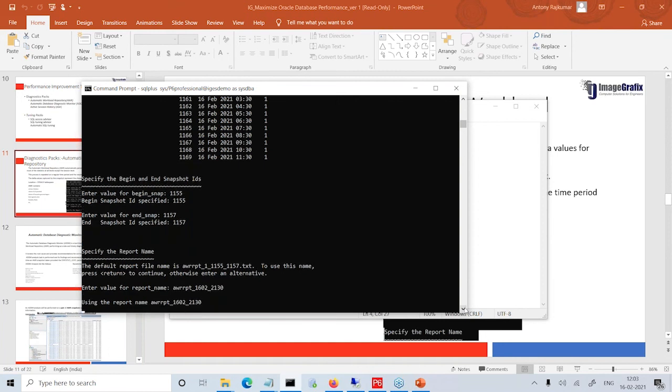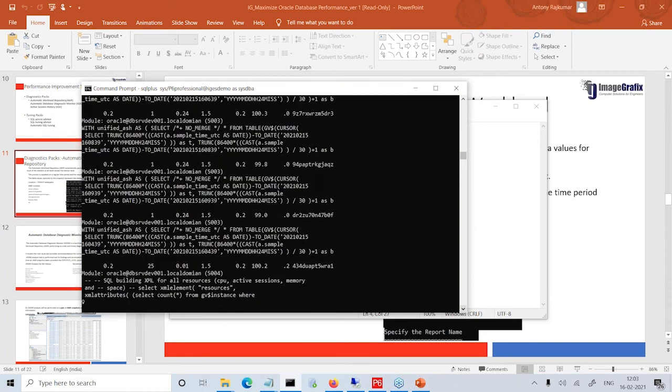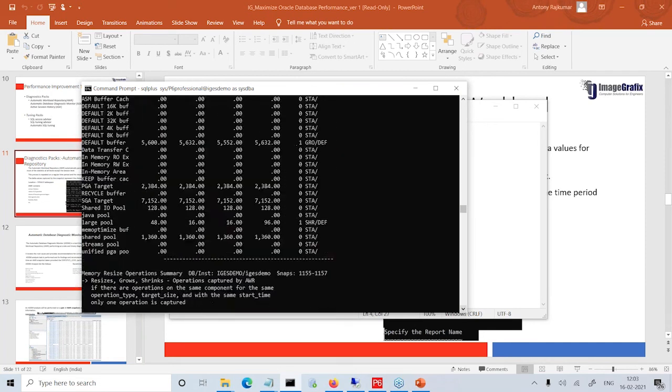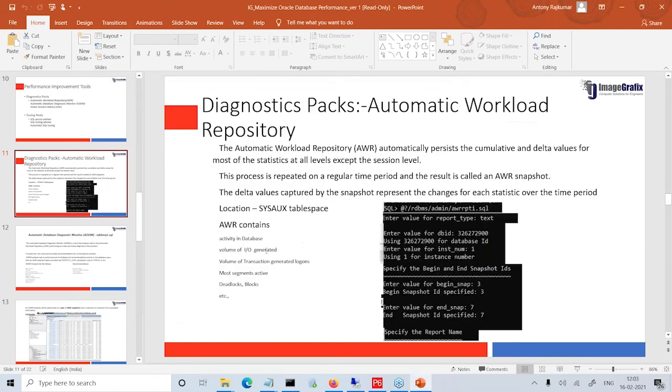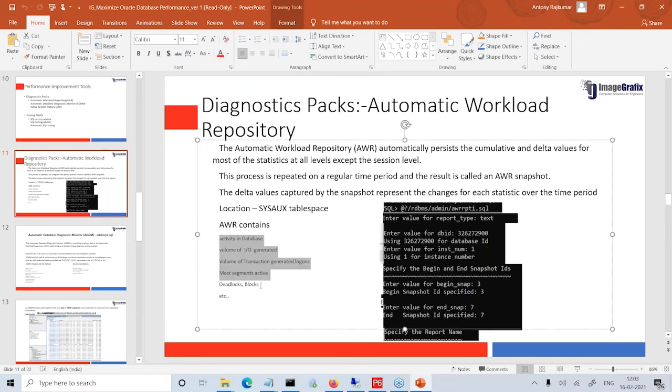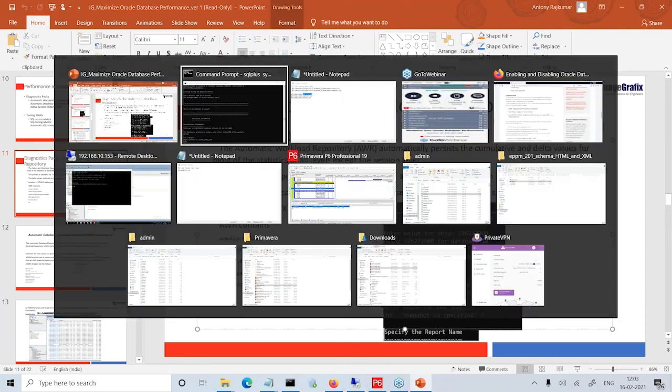The same thing you can use in EM as well as SQL Developer. This report contains a lot of data, as Mr. Srinivasan said. It contains multiple data with multiple inputs, which we need to analyze.